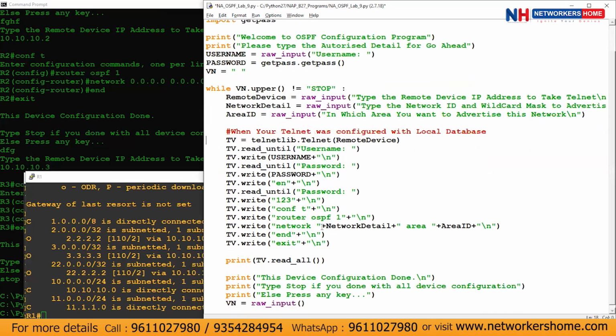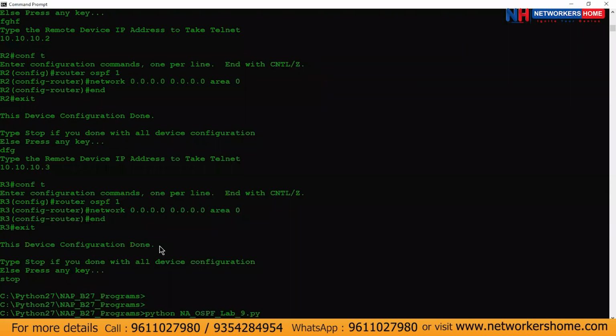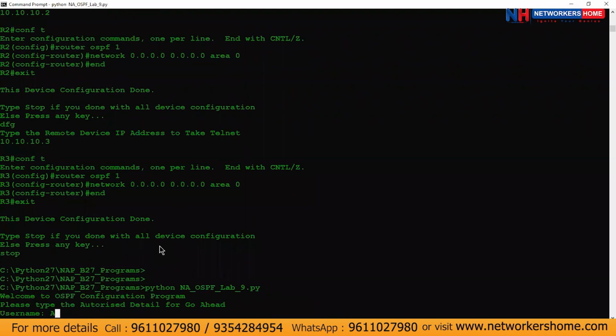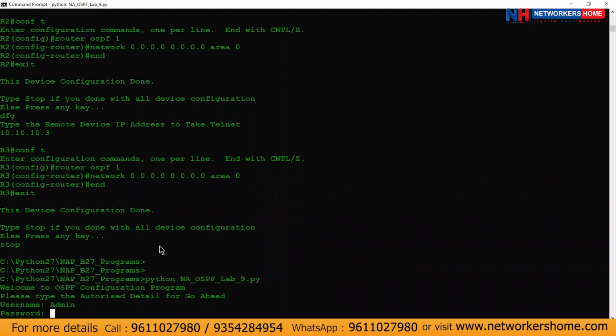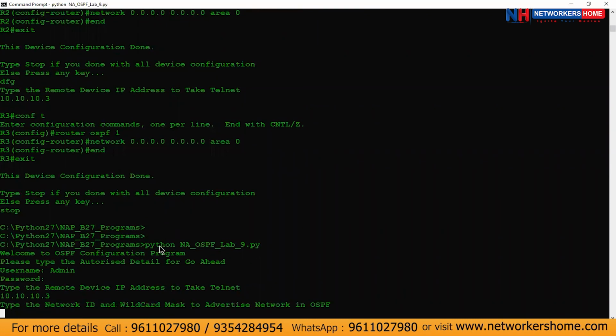So now what happened? It is asking for the network and asking for the area. According to that, this will specify. So save that and run that. Username admin, password A123, telnet, let's say 10.10.10.3. It's not like it has to start with one, it is your choice. Type the network ID and wildcard mask to advertise